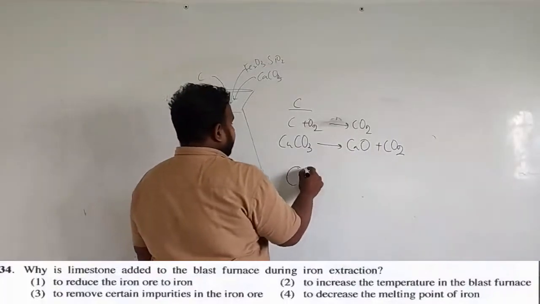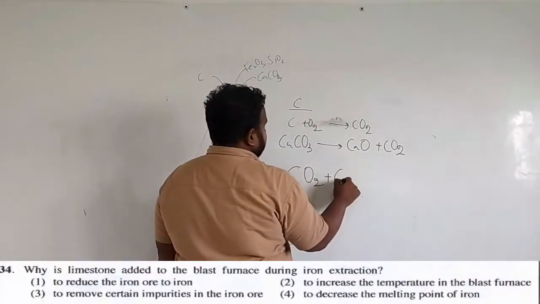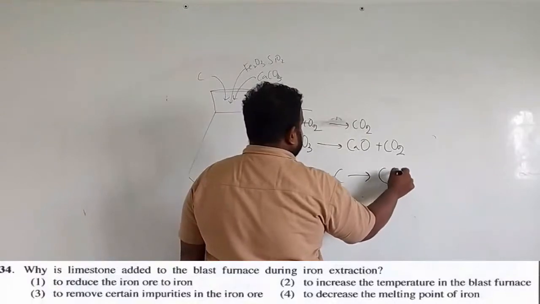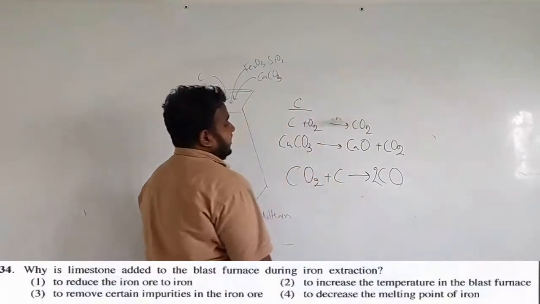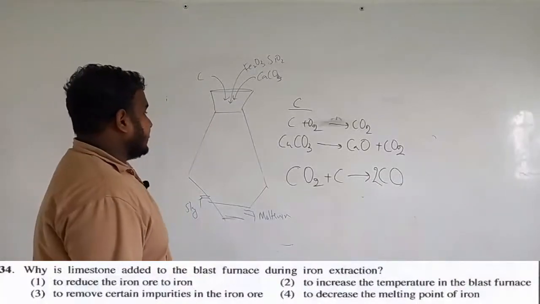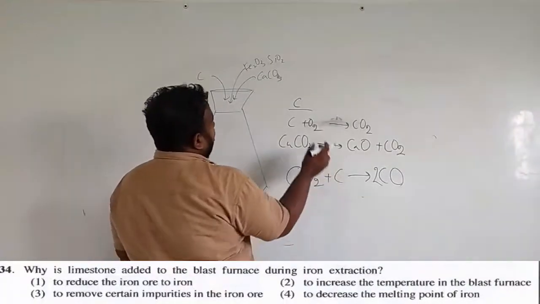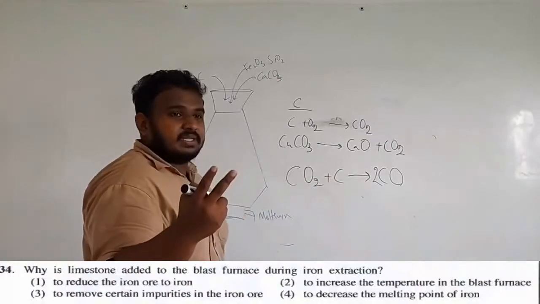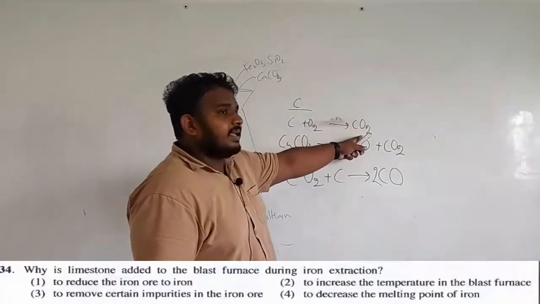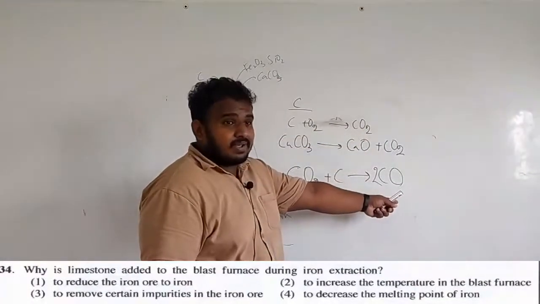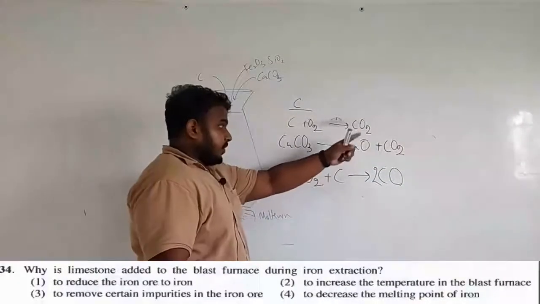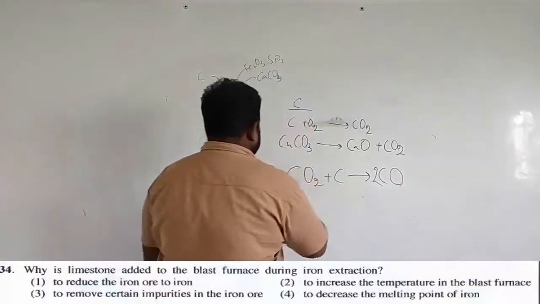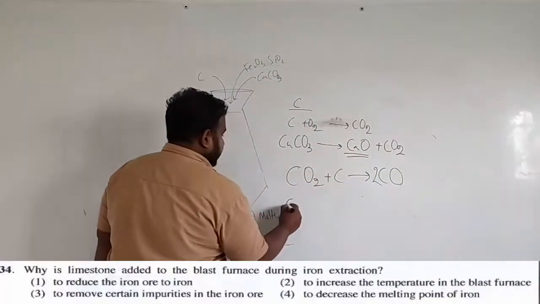Also, when carbon dioxide reacts again with carbon, it makes CO, carbon monoxide. So this is another use of it, right? So if they ask you why they add carbon, there are two reasons. First, to produce carbon dioxide and also to produce carbon monoxide. If they ask you why they put calcium carbonate, it is to produce carbon dioxide, and the second reason, this calcium oxide